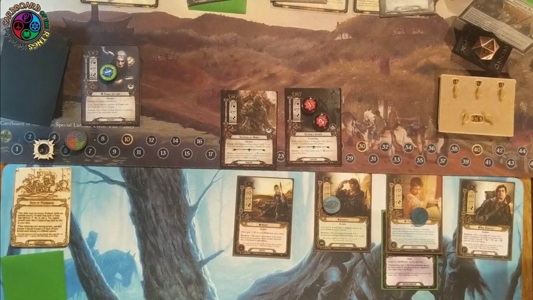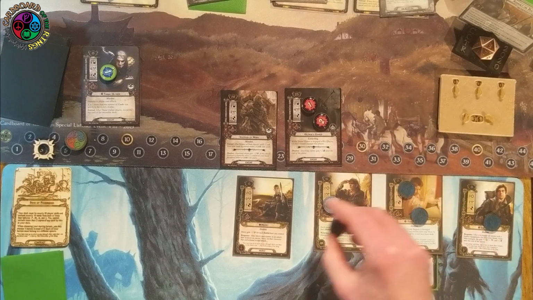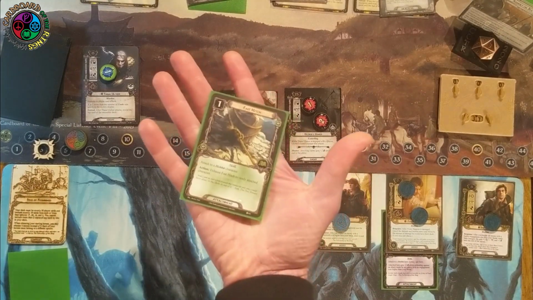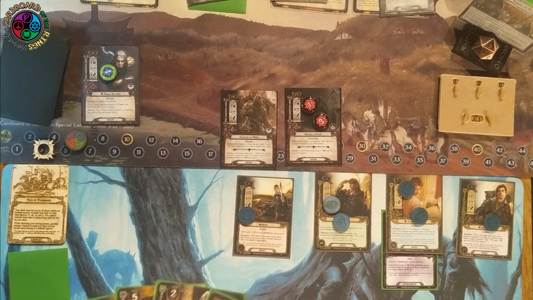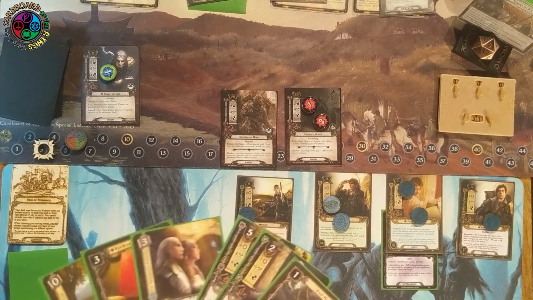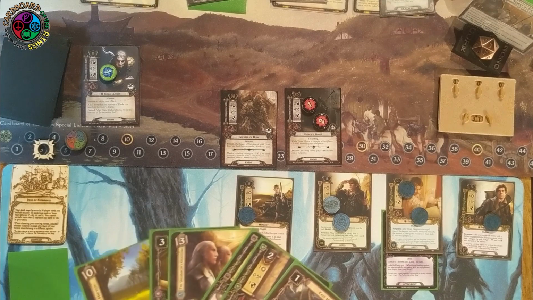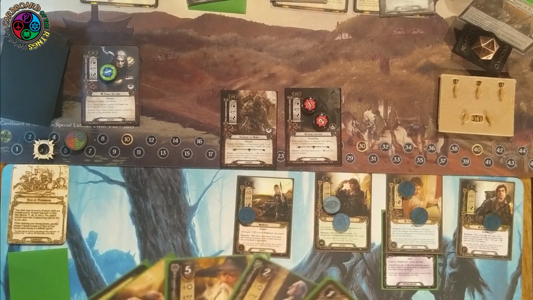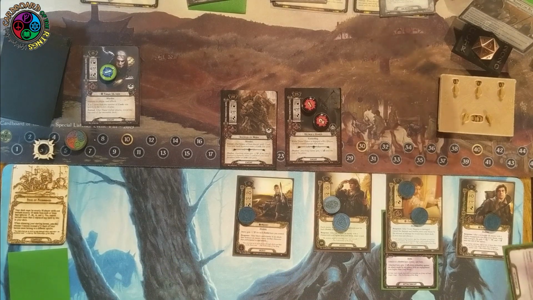Sam is no longer tough. I'm going to go up to 37, draw a card, fast hitch. Okay, that's good. So I have to travel to one of these side quest things. So I'm going to play a good harvest so I can give the red book